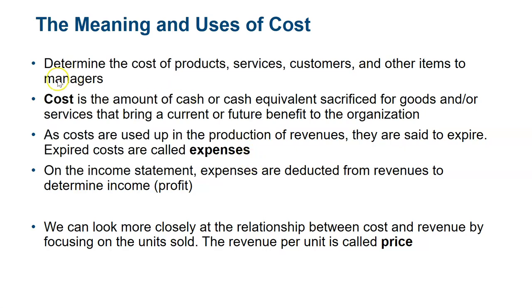With prepaid insurance, our cost, our sacrifice of cash, is up front. And then we basically have a prepaid asset on the balance sheet, which is then expensed as the coverage expires. So we have our cost up front, and then we have an expense recognition as that